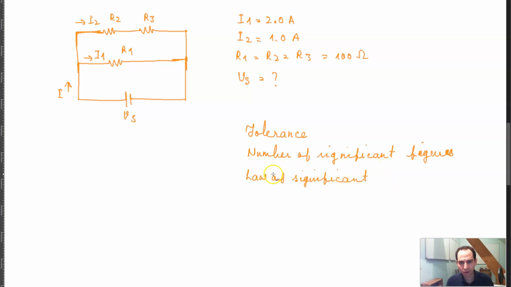The laws of significant figures. I'll point these out very, very briefly. So basically, the number of significant figures is, of course, a very simple concept. I'll tell you about them in just a few moments. Okay, so basically the number of significant figures is